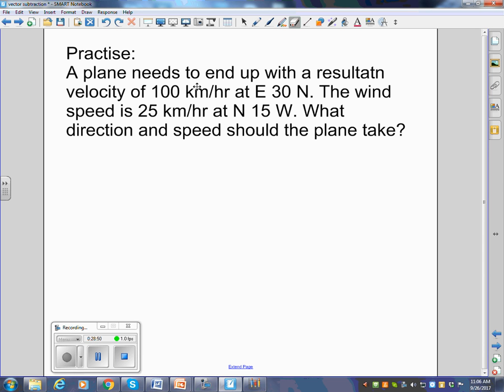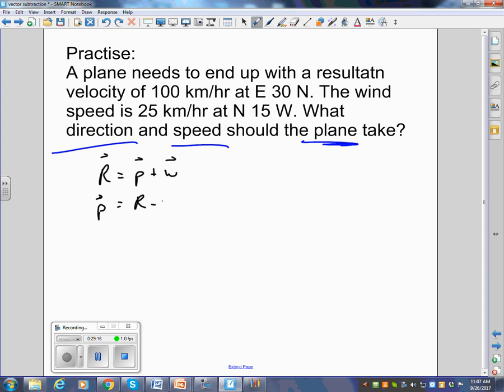So we are asking for the plane's direction and speed. We're asking for the plane's velocity, a vector. So I would suggest you start with resultant is equal to plane plus wind. Write that down. Get your thinking straight. Resultant is plane plus wind. And if I need to know the direction and speed that the plane takes, then I'm going to write plane is going to be equal to